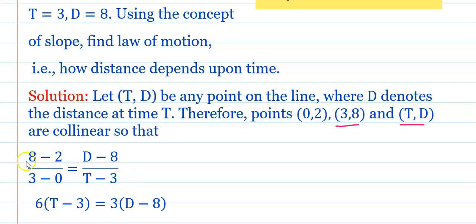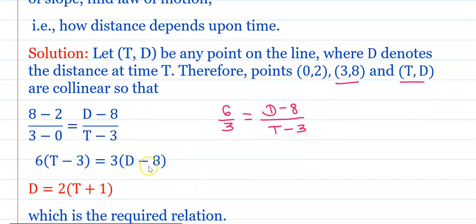And this is 6 upon 3, which equals d minus 8 upon t minus 3. Make the cross multiplication, and after simplification you will get